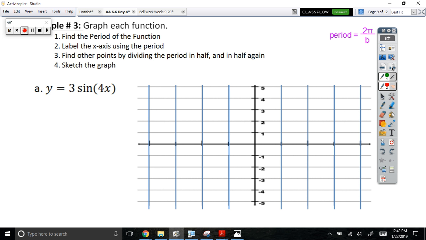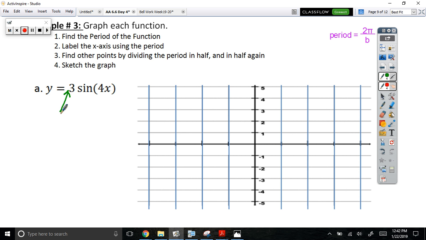So what I teach you to do rather is to relabel them to help you make one complete cycle like we normally do. And then your graph will still look like it always does, but we're just going to change what the x-axis is counting by. So instead of being pi halves, pi, 3 pi halves, and 2 pi, we're going to modify that based on the period. Okay? So, first thing we want to do is look at the equation and see what kind of